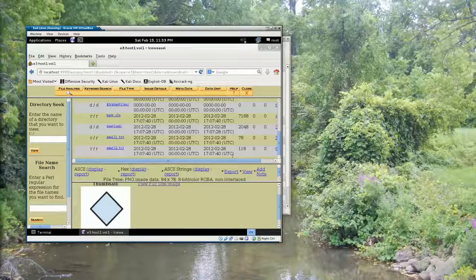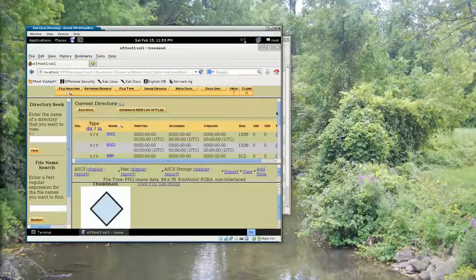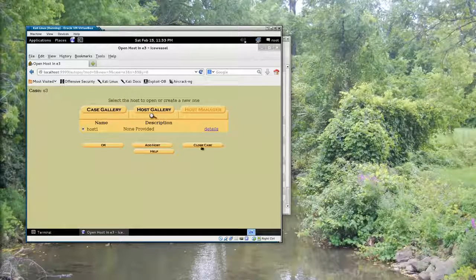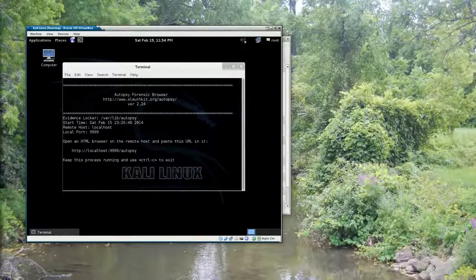When I want to exit Autopsy, I can close out of the analysis section by clicking the close button here, and I can close Autopsy altogether by closing the host that I'm working on, closing the case, and then simply closing the browser window. The last thing I need to do is actually to exit Autopsy, and to do that I need to press